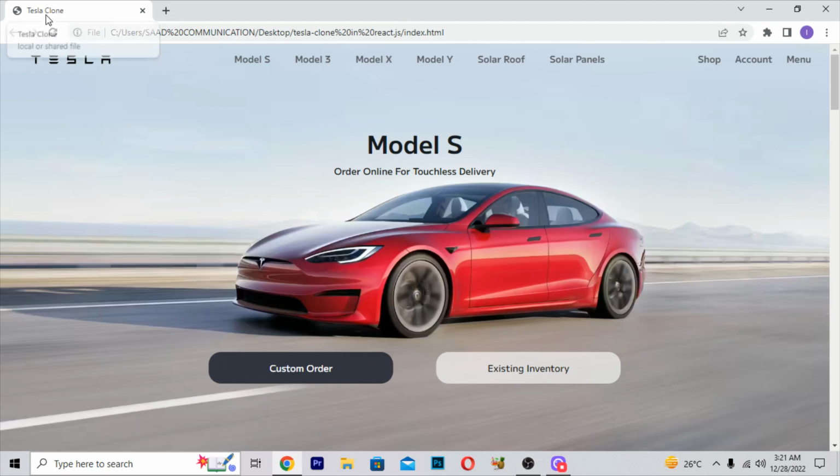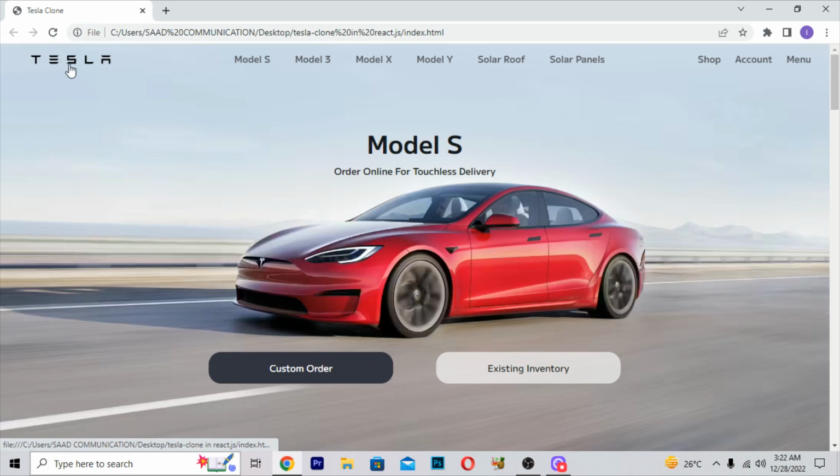First of all, you can see we are getting the Tesla logo at the top. Here you can put any logo of Tesla if you want to, but we are not getting any favicon or logo here. At the right, we are getting the Tesla clone title. Here you can put any title related to your topic, or if you want to put any example text, you can put it also. Then we are getting the Tesla logo down, which is looking awesome. It is the original Tesla clone here.